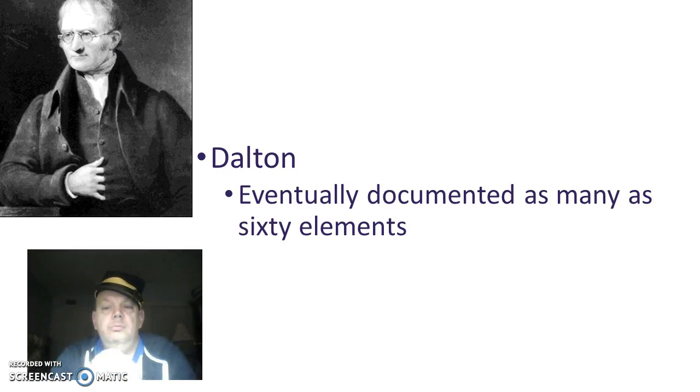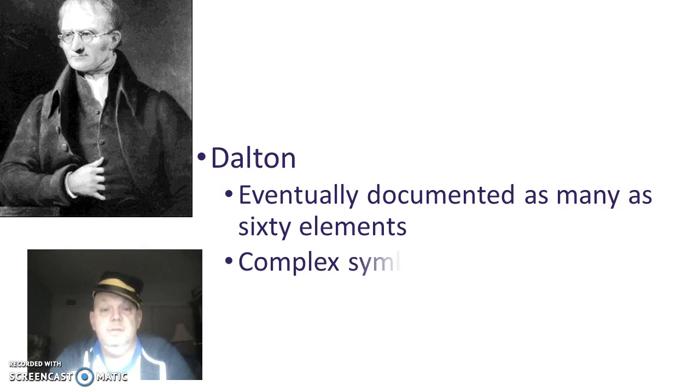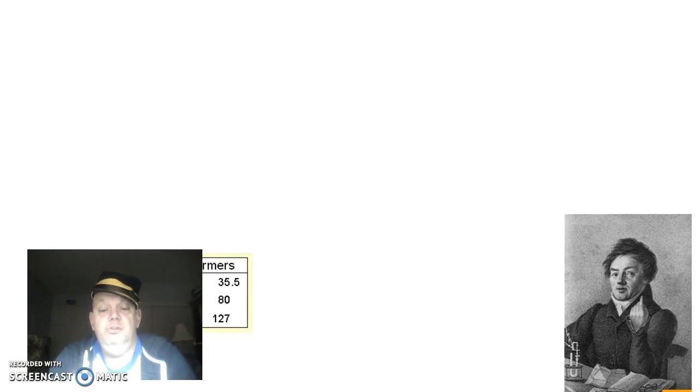Okay, Dalton eventually ended up documenting about 60 elements at that point. So we're looking from the late 1700s now to about the early 1800s. He had a complex symbol system that would allow us to identify those pieces. Then we got another dude,